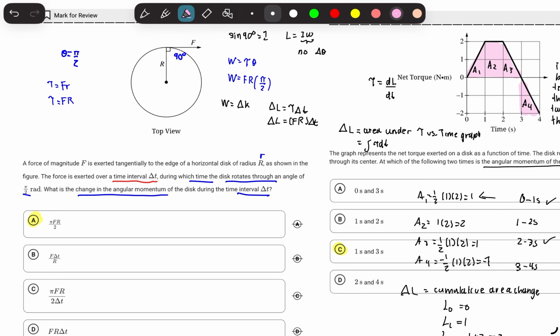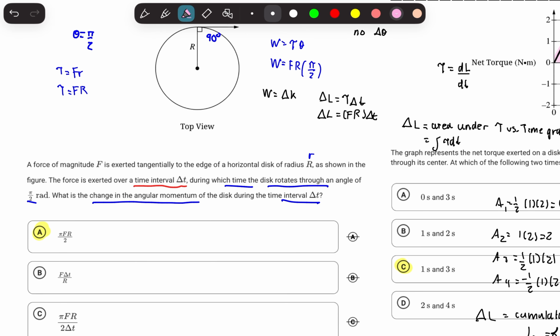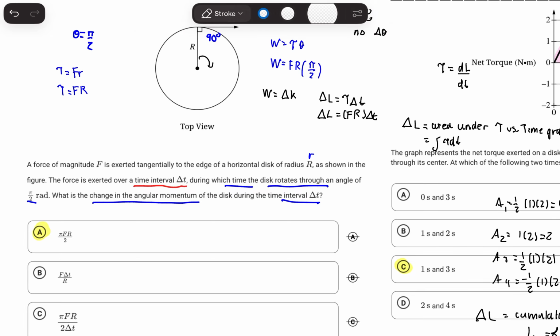The force is exerted over a time interval delta t, during which the disk rotates through an angle of pi over 2 rad. So it's going to go an angle of pi over 2. That's what's going to travel. So what is the change in the angular momentum of the disk during the time interval delta t? So your answer here is going to be